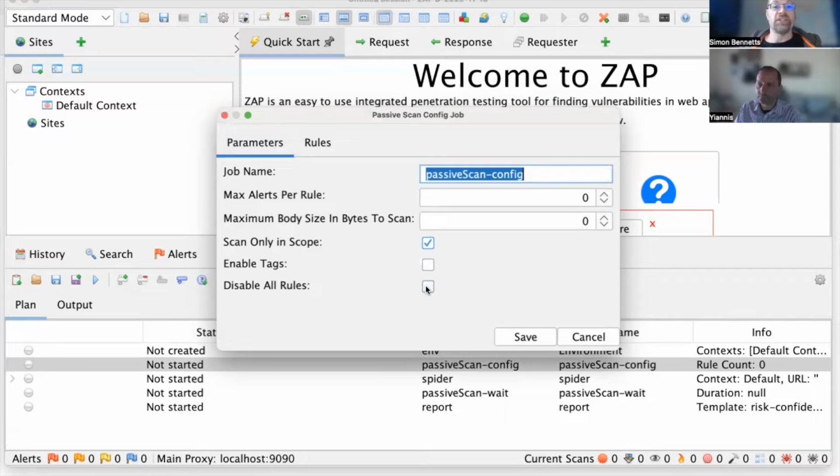If you have a look here, we have an option to disable all rules if we want, and this is something you can't actually do from the standard GUI. We can say, I want to disable all rules and then enable specific ones. And this will then apply to all of the passive scanning from this point. This is why you might want to have another of these. You might want to spider with a specific set of rules and then spider again with a different set of rules,